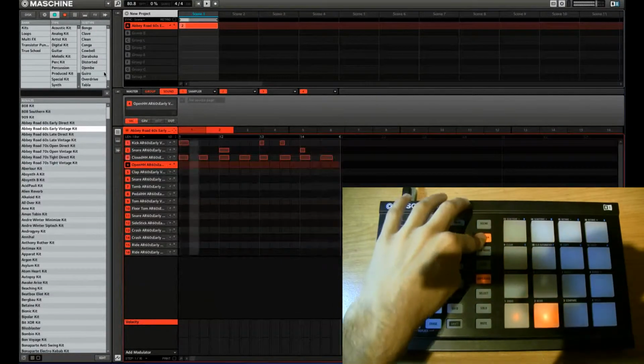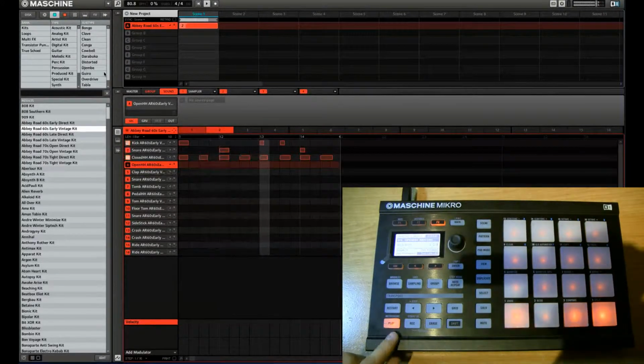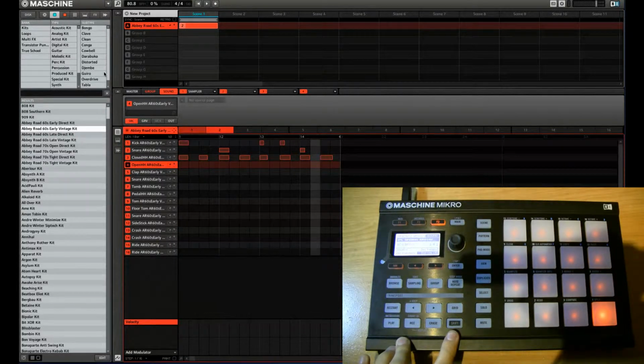Alright, done. So now we have two identical patterns. I'm going to just stop the play right here. As you can see, the cursor is just at the end of the last beat right there. Now if I were to press record and play, it would start recording right at that point. I don't want that, so I'm going to